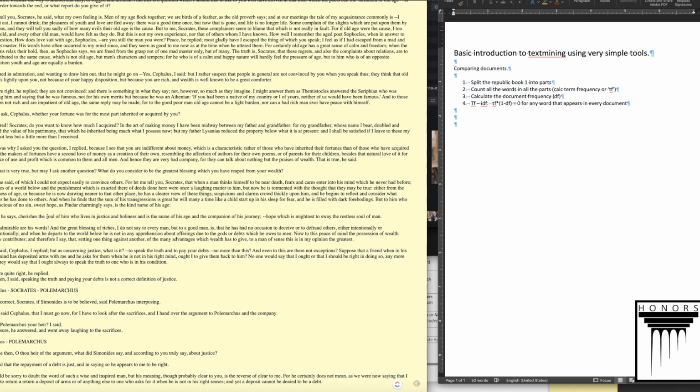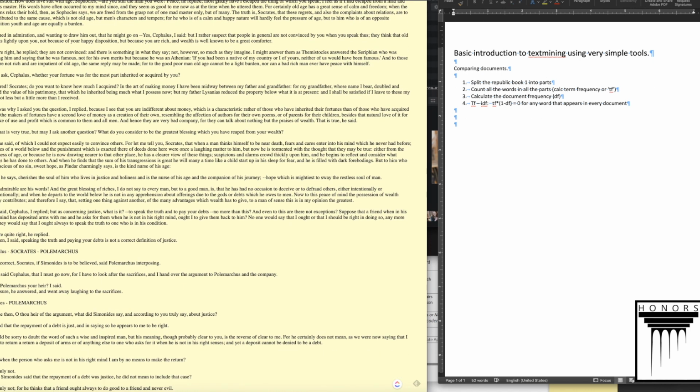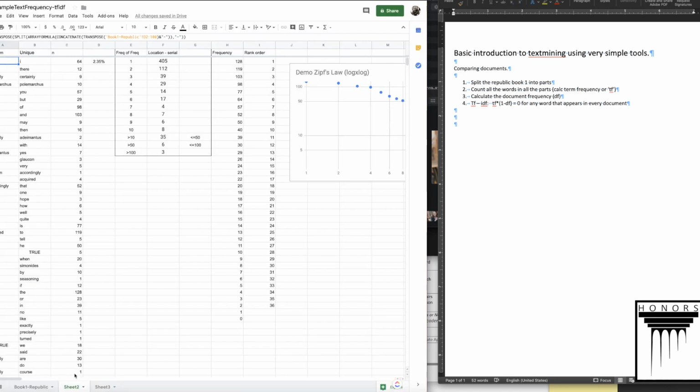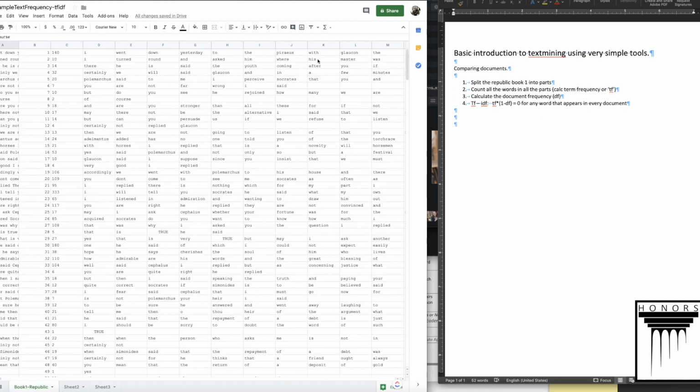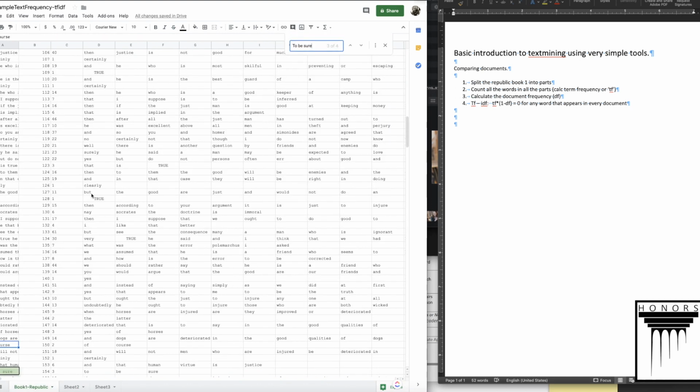Now, we're going to break up the Republic Book 1 into the groups of discussions. So the first discussion is Cephalus, and it goes up to right here, where this says Socrates, Polemarchus, is not Polemarchus your heir? To be sure, he answered, and went away laughing to the sacrifices. So this is the last line spoken by Cephalus. So coming back over here, Book 1 Republic, we're going to look for, to be sure,